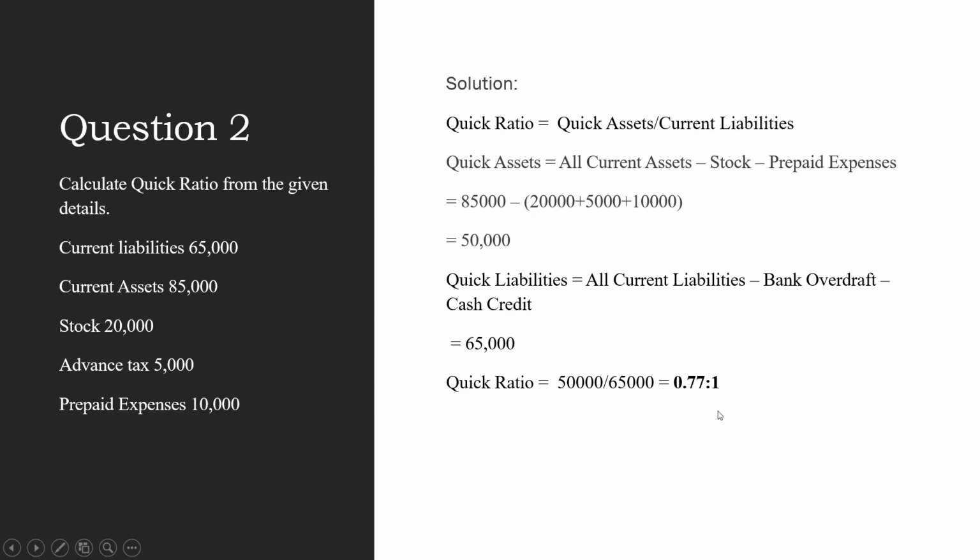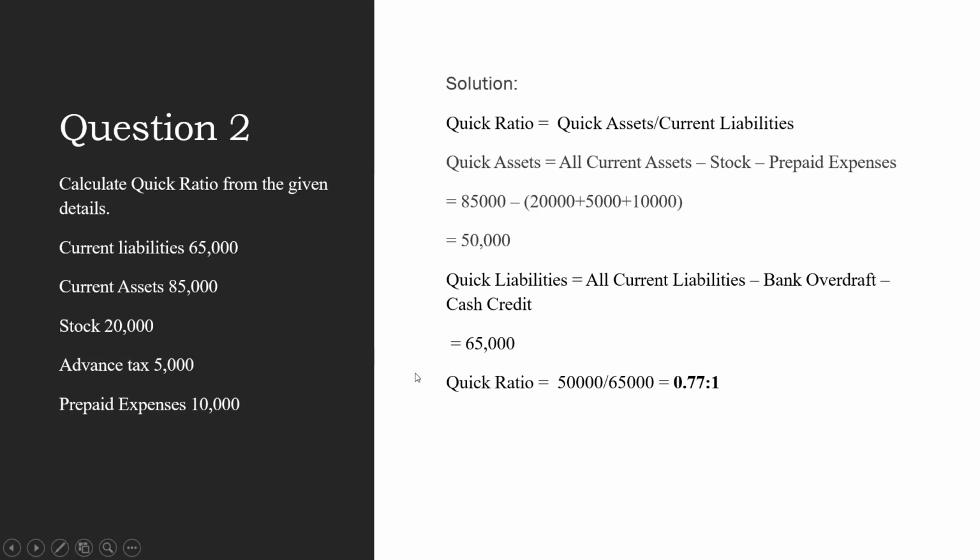Okay, so this is what is happening in this question. You have to be very careful when calculating. The result will always have to be checked against the ideal, that is the standard ratio, whether it is good for the company or not good for the company. Sometimes a comment also has to be made for this kind of question.